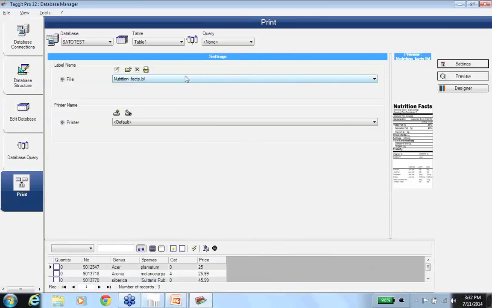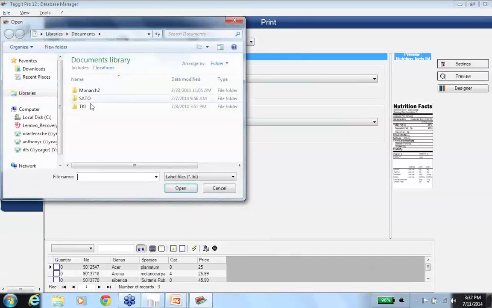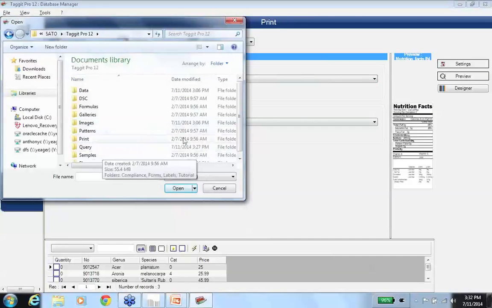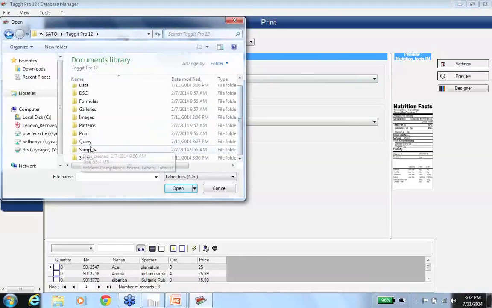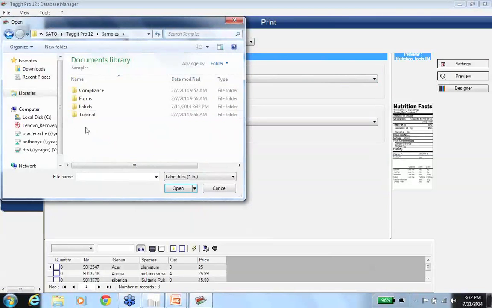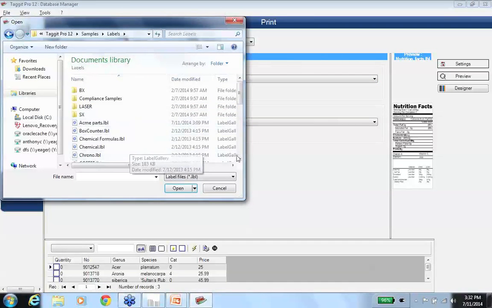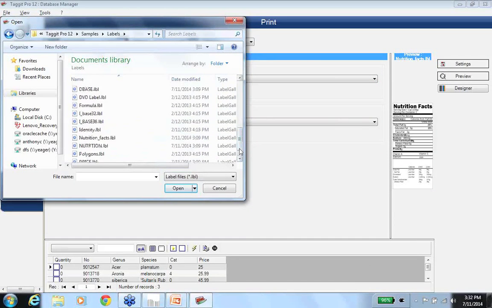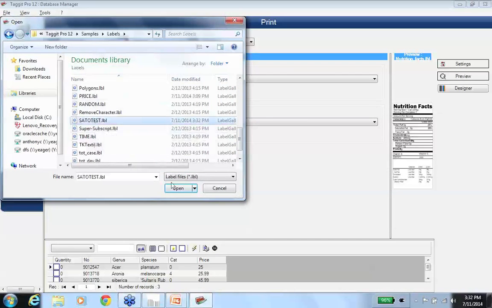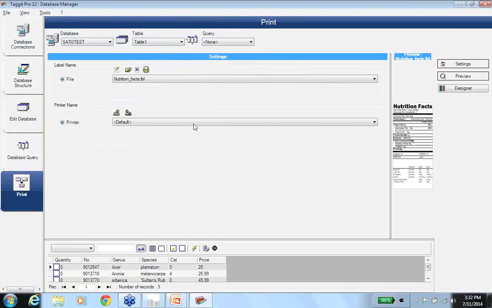We go to Settings. On our SOTO test label,